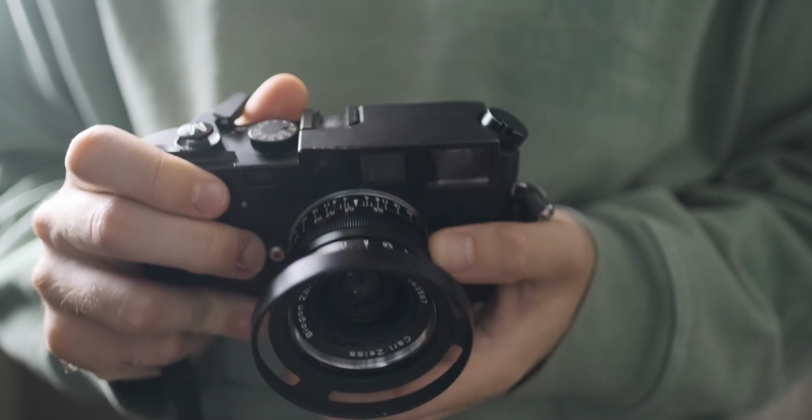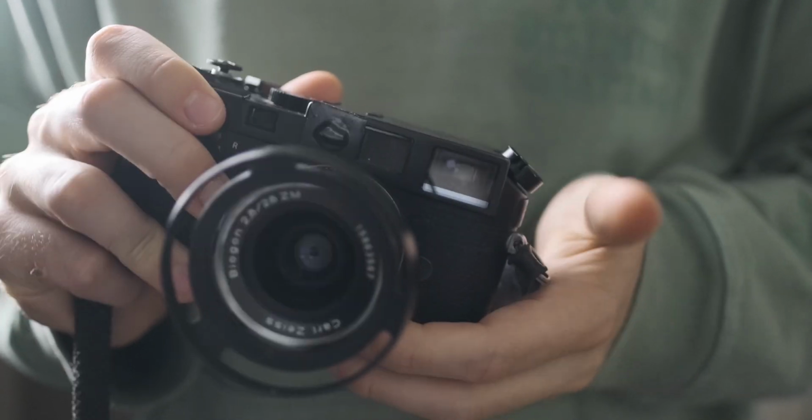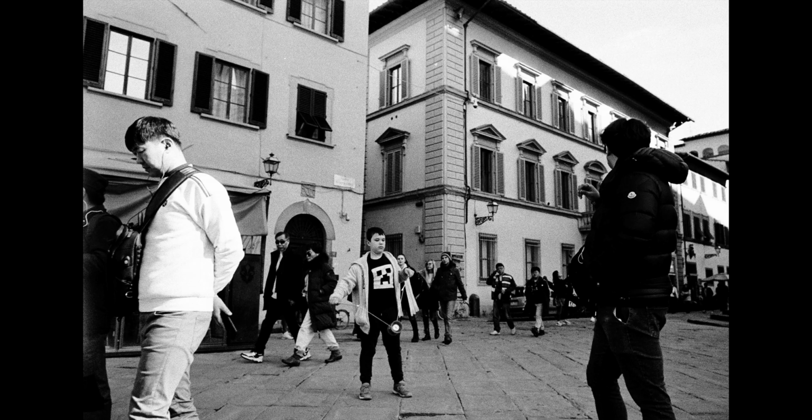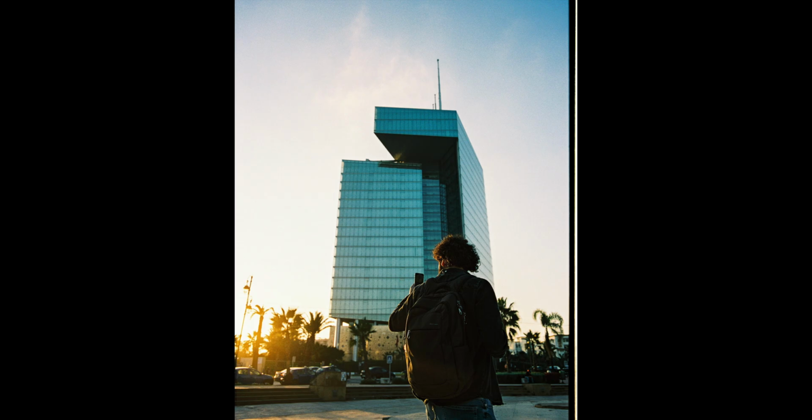Okay, so today we're going to be talking about the Zeiss 28mm f2.8, and I'm going to talk a little bit just about the 28mm focal length and that aperture combination in general. So basically, to me, 28mm is kind of like the latest trendy kind of street photography focal length, and